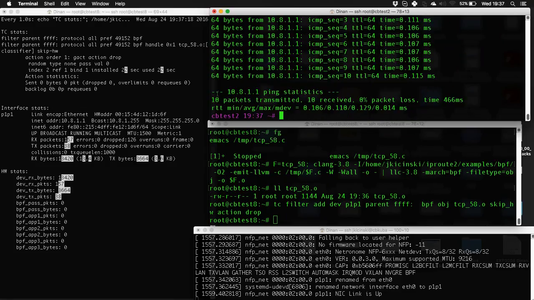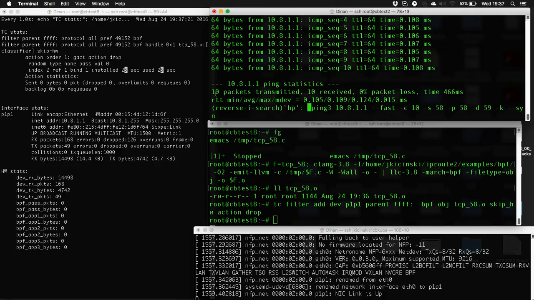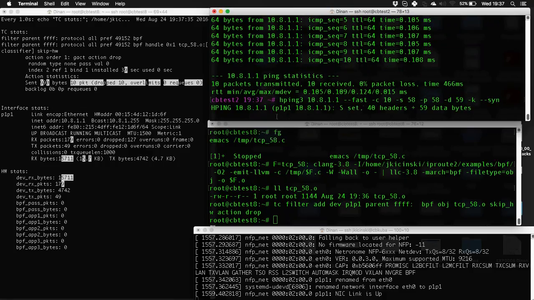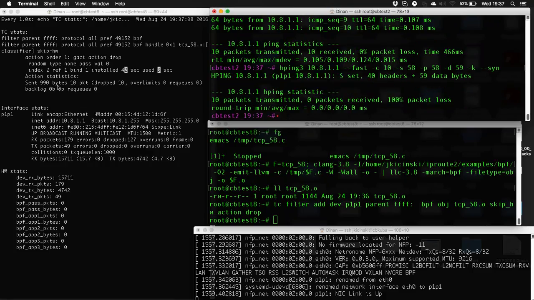And I will now generate TCP traffic, simply sending TCP packets which are destined to port 58. So this should be dropped, and it gets dropped. As we see, we have no responses, and on the left, we can see that the filter matched, which means the drop action was performed for 10 packets and 990 bytes.